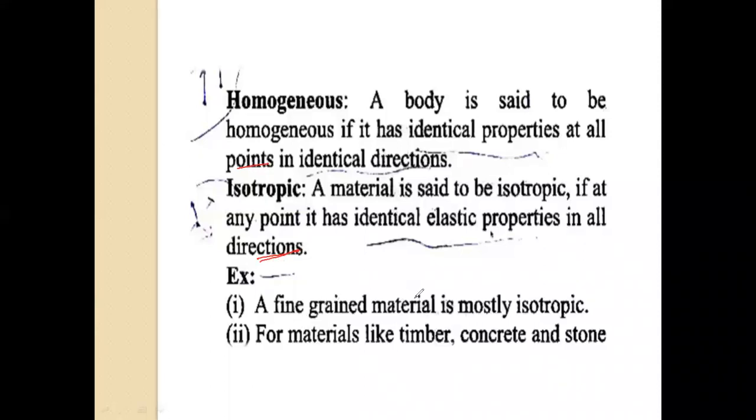Example: a fine grained material is mostly isotropic. If a material is fine grained, then this material is isotropic. Materials like timber, concrete, and stone are homogeneous. Okay, got it? Then next,